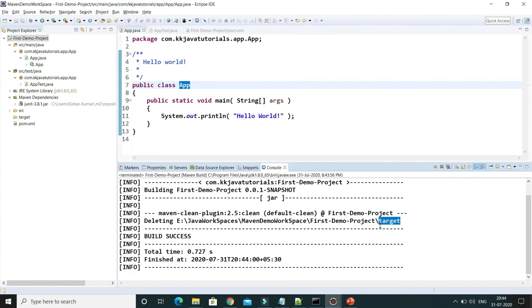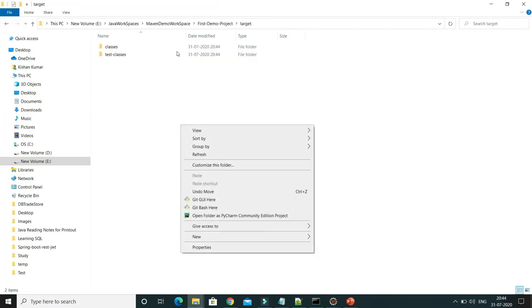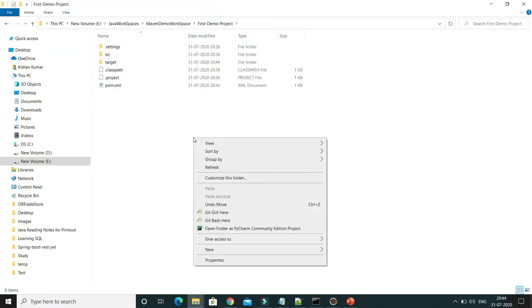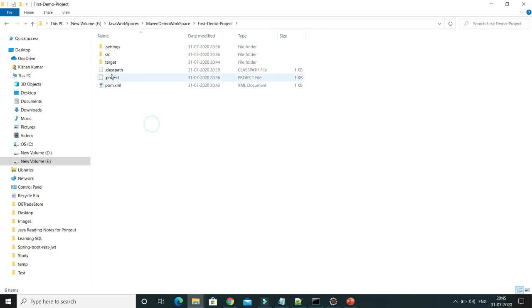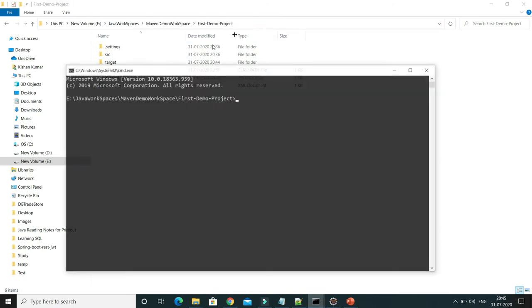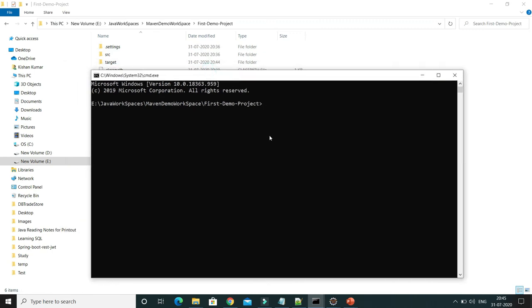I don't know why, it was supposed to delete the target folder as well, but it is not deleting. That should delete the target folder as well. So here if I open the command prompt and do mvn clean, let's see.